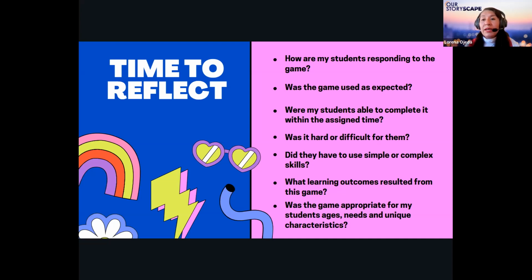Okay. So another important question is, was the game used as expected? Did it fulfill your goals, the objectives you had? Were your students able to complete it within the assigned time? And this is something to keep in mind, especially in relation to their ages, the level of proficiency they have,